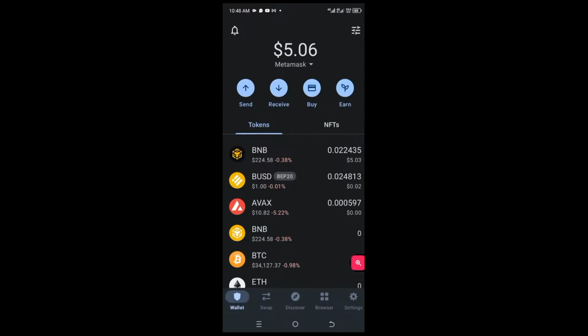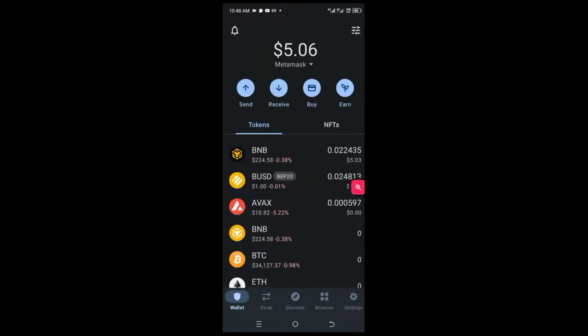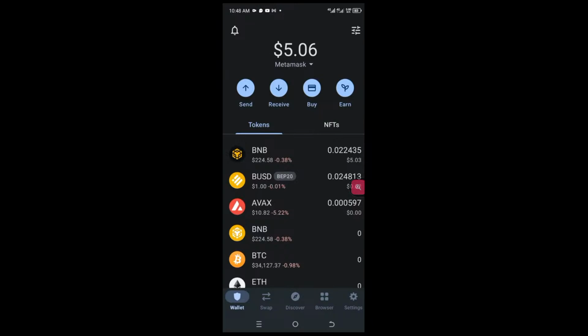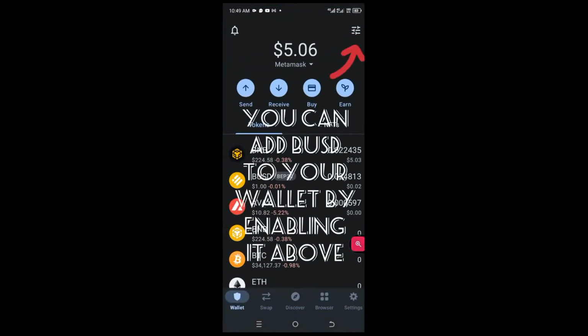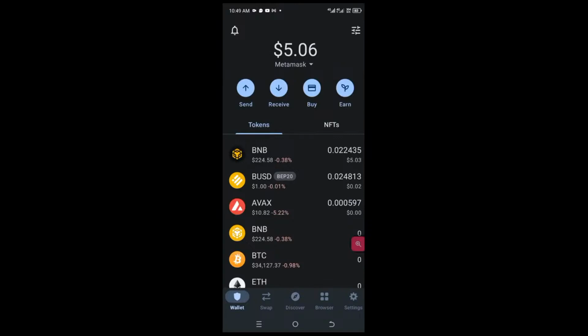And this coin, our Instra One coin. So these are my own coins that you can see Instra here, right? So when you hold the coins as a holder, you get 3% of all sell transaction fees. And then it comes as a gift to you. Like this one now, you can see I have some little bits and pieces of BUSD that's coming to me for people that have made sales or done transactions. Anytime anyone makes a sell transaction, you will get some BUSD reward in your wallet. And that's the functionality it